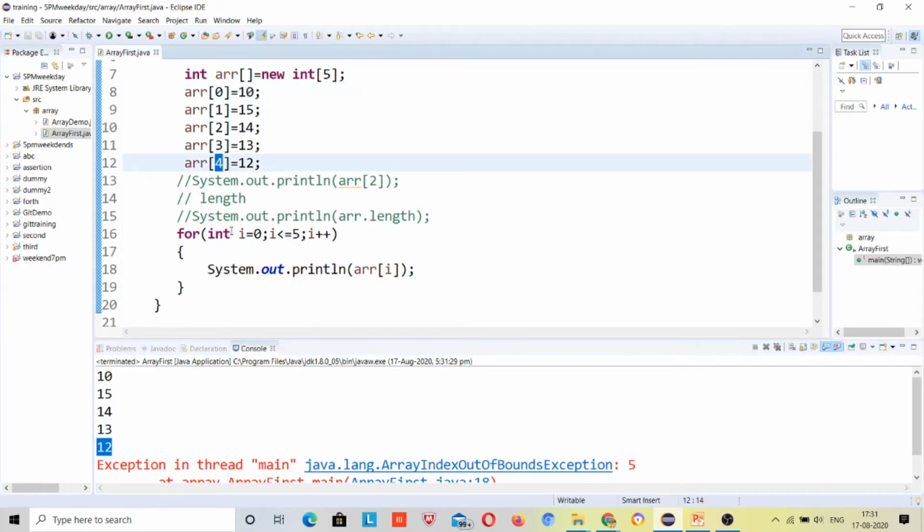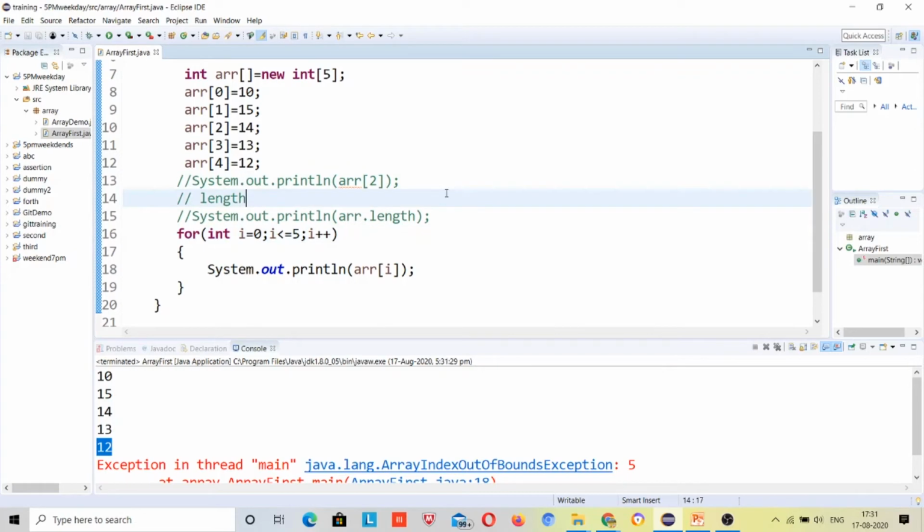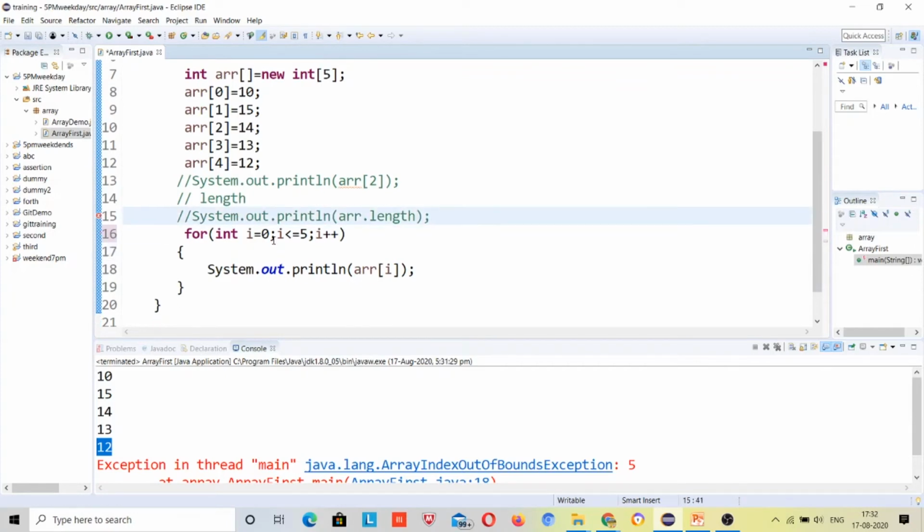So this loop ran 5 times successfully, but when it came to arr[5], it was actually trying to access the sixth element, but the array size was only 5, right? When it was index 5, actually it was the sixth because counting starts from 0. So I hope you guys got this.